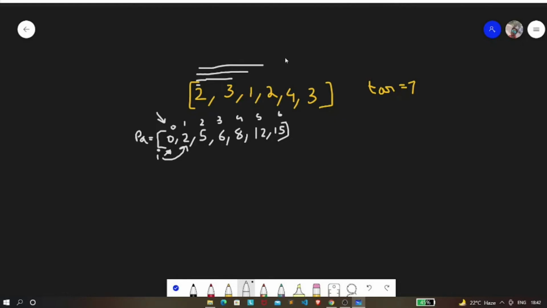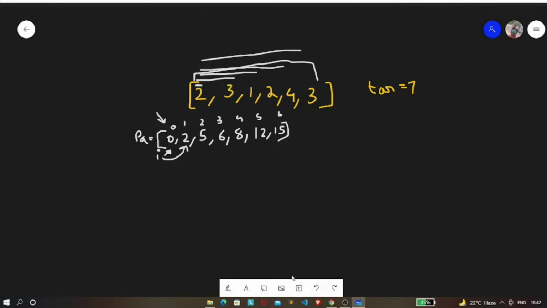We are considering from here to here, the subarrays which start from element 2. Out of these subarrays, is there any subarray whose sum is greater than 7? And if there is, then we're going to store the minimum length.